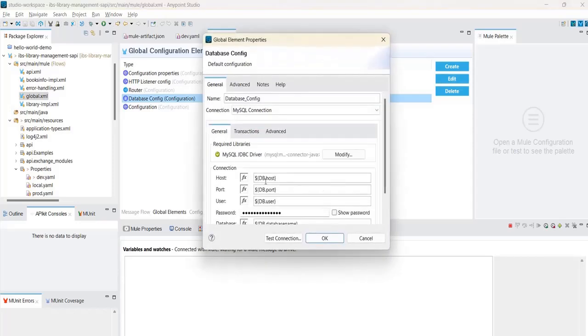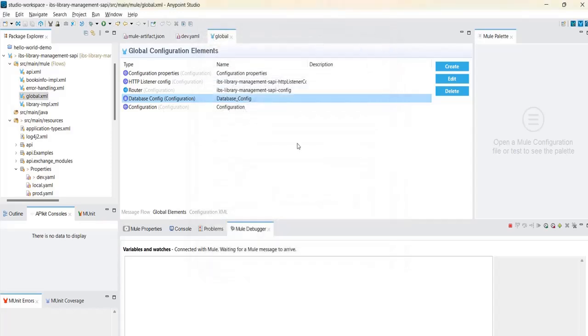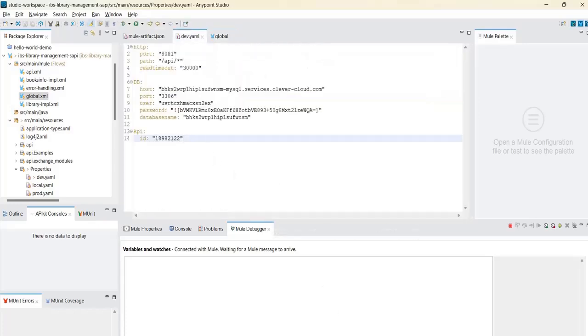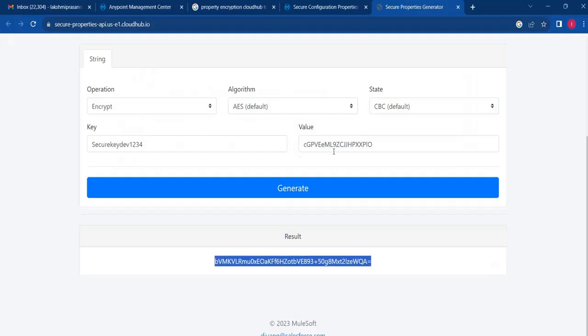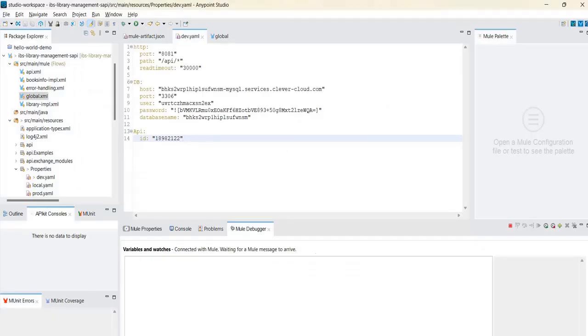You need to invoke these keys by using secure:: and this key value. That is the syntax. You need to remember that syntax as well. But before that, you have to do one configuration. The first step is, you need to encrypt the passwords and generate all the values wherever it is required, and place that value